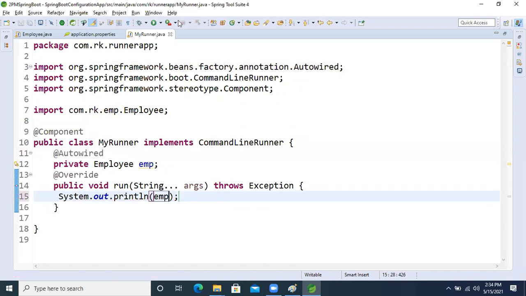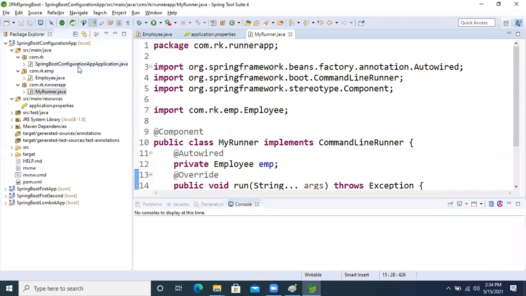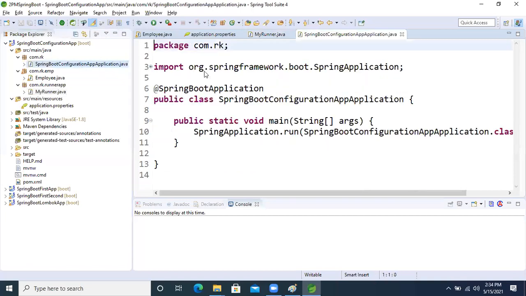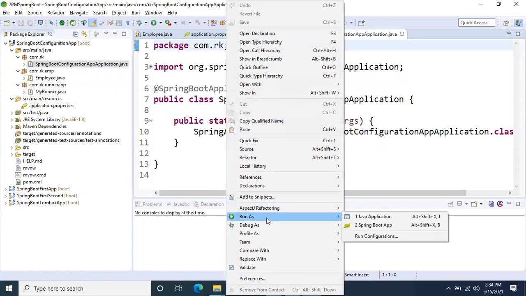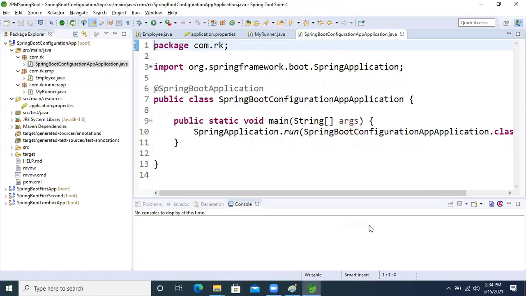Now let's run the application and we will see whether our data is injected or not. So open this one, in the runner class. Now right click, go inside that, Run As Spring Boot application. Now observe the console.